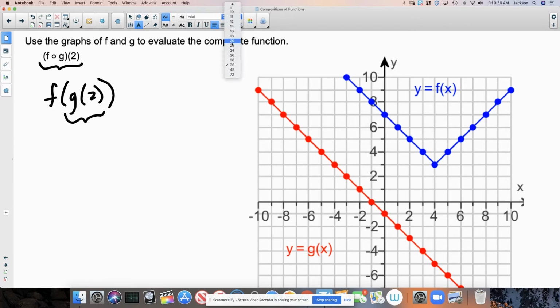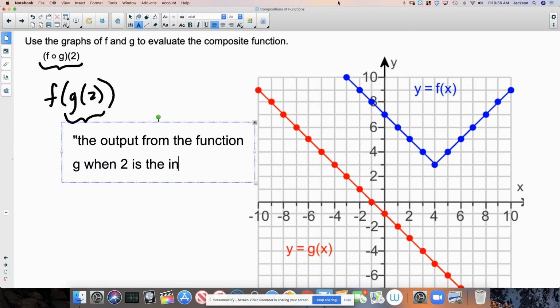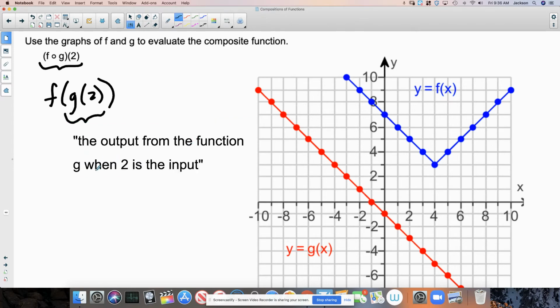But that statement, g of 2, is saying this is the output from the function g when 2 is the input, right? And a different way of even saying this, right? When you talk about the output from the function g when 2 is the input, we're saying when you want to talk about this graphically, like they're not even giving you a place to put that number into the function, right? They're saying this is the y value when x is 2,